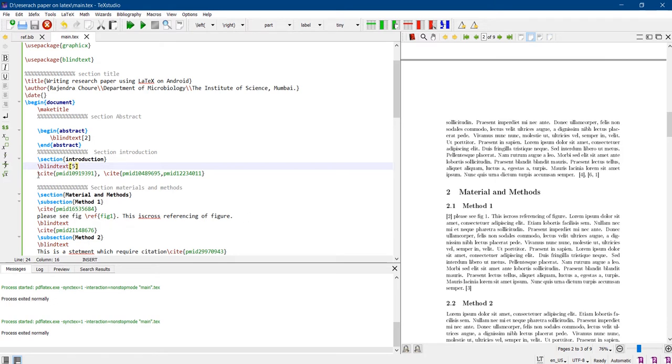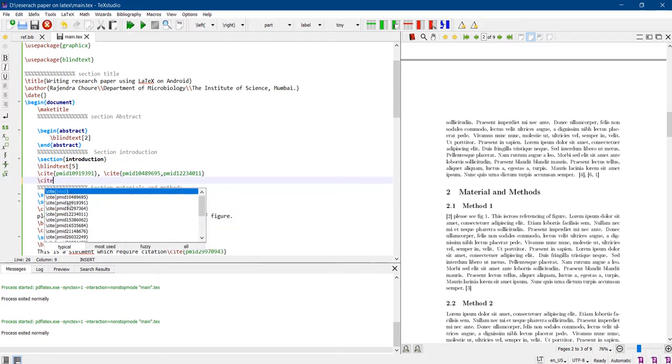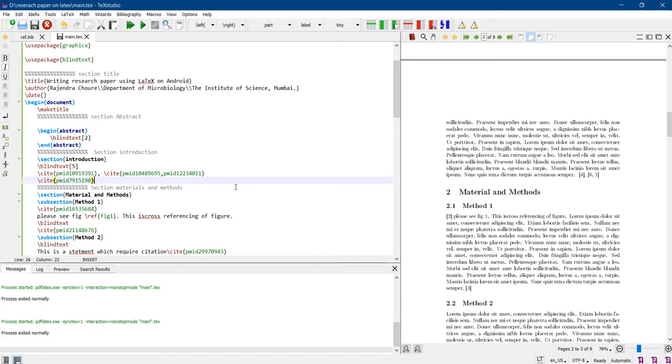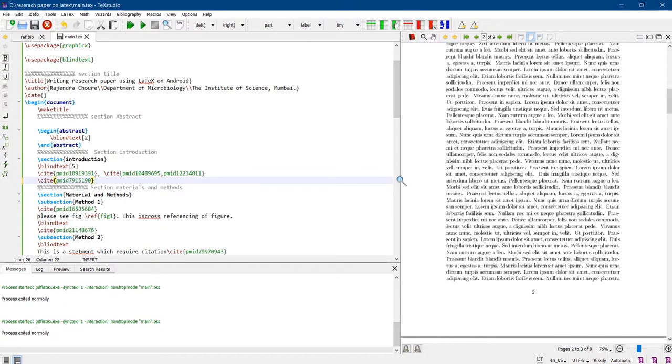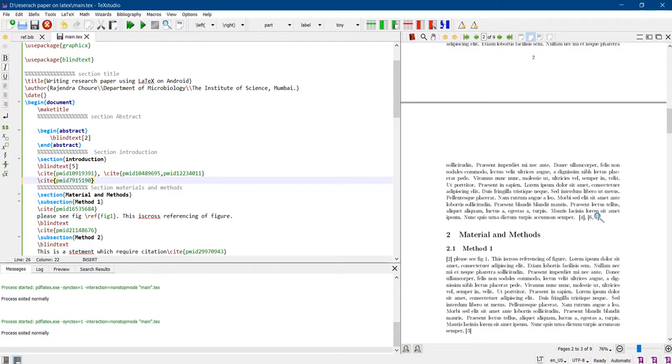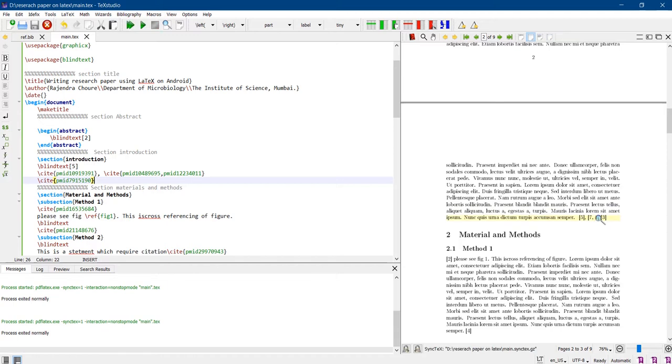And look at this \cite. When I will show you again here, \cite, and these are the bib entries which are there in this ref.bib file. I will select a bib entry, this one, and will add to it. I will show you here. Those bib entries are there, and here these 3 bib entries are there. The 4th bib entry will be there after compilation. I will compile it, and look here, that 4th bib entry also has got added, and that is the 3rd one.